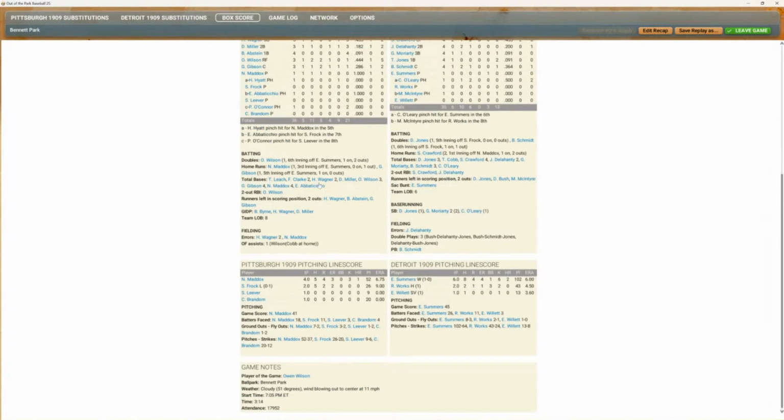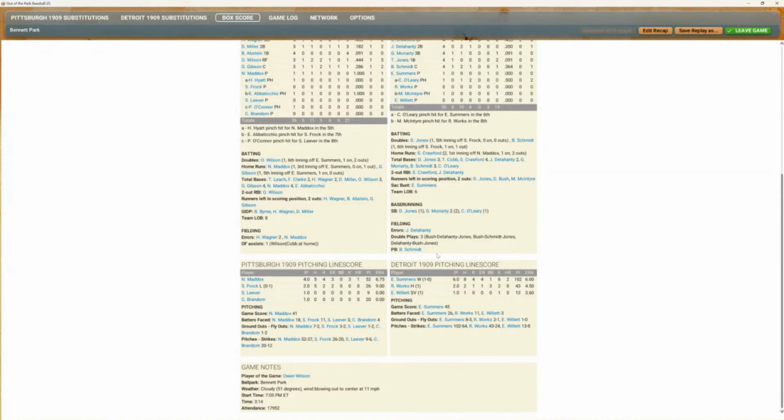Nick Maddox goes 4 innings, gives up 5 hits, 4 runs, 3 of them earned, walked 3, gave up 1 homer. And Fraser comes in, picks up the loss, pitches 2 innings, gives up 5 hits, 2 runs. Sam Leever comes in, pitches an inning, and Brandom comes in and pitches an inning.